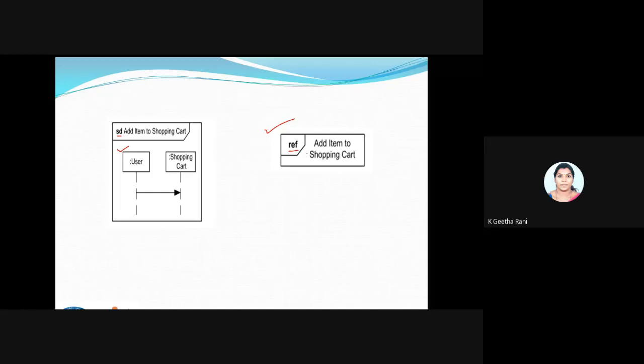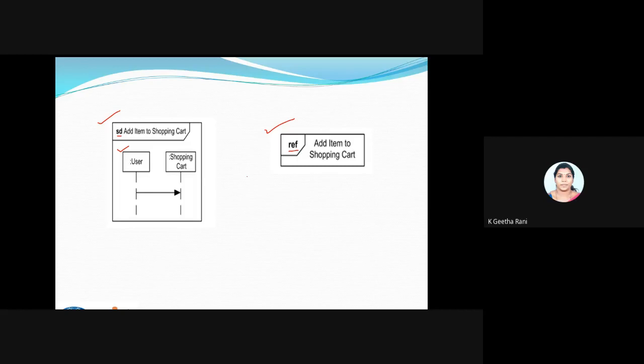Whenever I want, I can reuse this interaction inside my whole system. And we call this an inline interaction, because inside this interaction I can have so many types of diagrams. So don't get too confused about this.